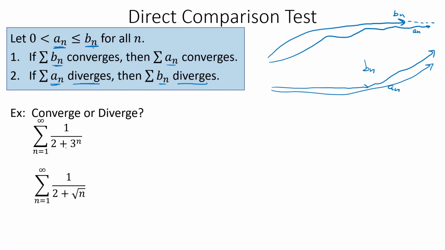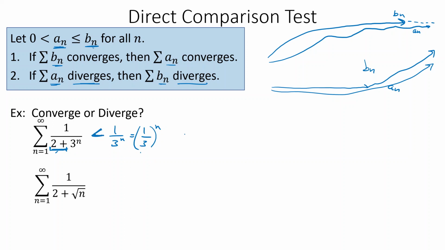All right, so converge or diverge? Well, let's try and compare this to something. What if we just took out the troublesome area down here? Because if we took out this plus 2 here, then it wouldn't be a problem. We can compare this to 1 over 3 to the n, which is really just (1/3)^n. How does this compare to this? Well, if we add more to the bottom, it makes it smaller. So this is less than